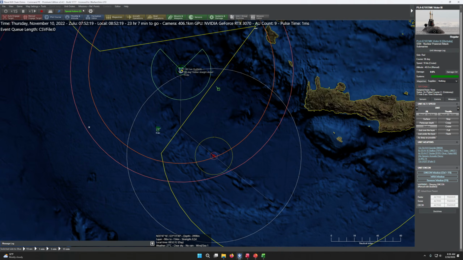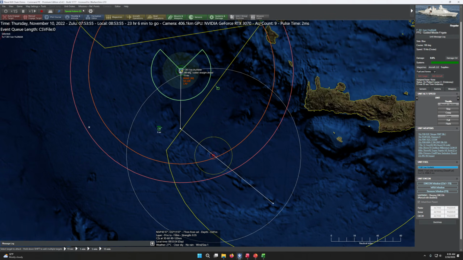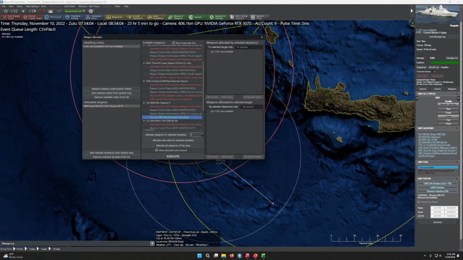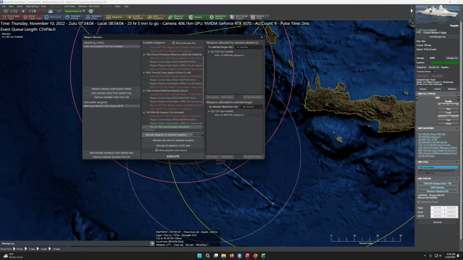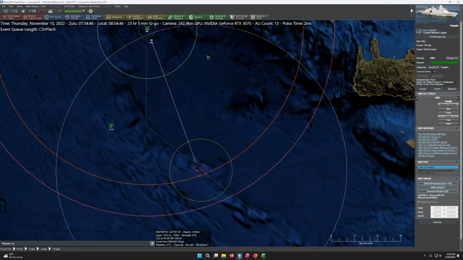Now that the Bullion is within range, I'm going to manually engage it using a couple of Harpoons. So I bring up the manual weapon allocation. I'm going to manually allocate 4 missiles to it. It's probably overkill, but we have to take into account that we do simulate missile malfunctions. It's also possible that the Bullion could intercept a couple of our incoming missiles. So 4 is probably overkill, but